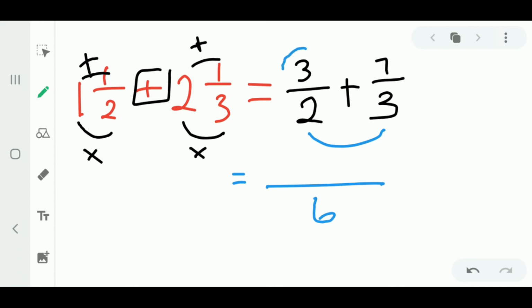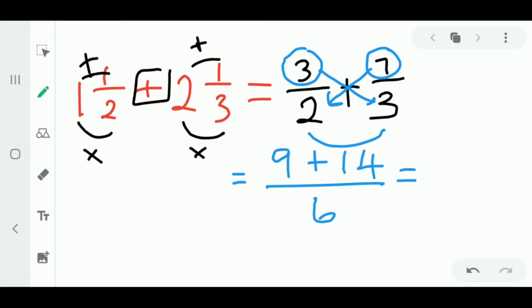We go to the left side, we circle the numerator, multiply by the denominator on the opposite side. 3 times 3 is 9. We put back the sign that we had. We go to the right side, numerator, multiply the opposite side, denominator. 2 times 7 is 14. Then we add the numerators and we get 23